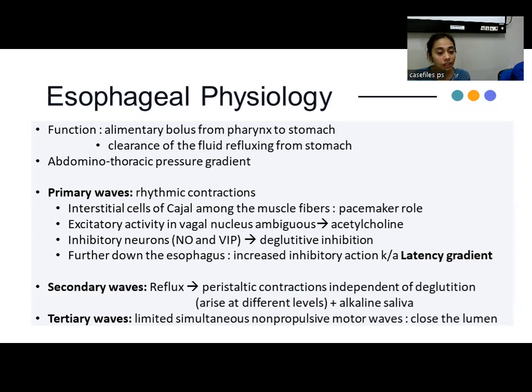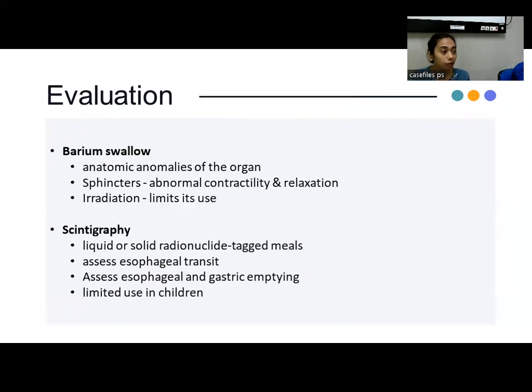The secondary waves are generated when there is reflux, and it initiates as a peristaltic contraction, which is independent of deglutition, and it can arise at different levels. It leads to the addition of alkaline saliva. The tertiary waves are limited, simultaneous, non-propulsive motor waves, which are essentially for the closure of the lumen of the esophagus. The evaluation for esophageal motility disorders is by barium swallow, which results in the diagnosis of anatomic anomalies